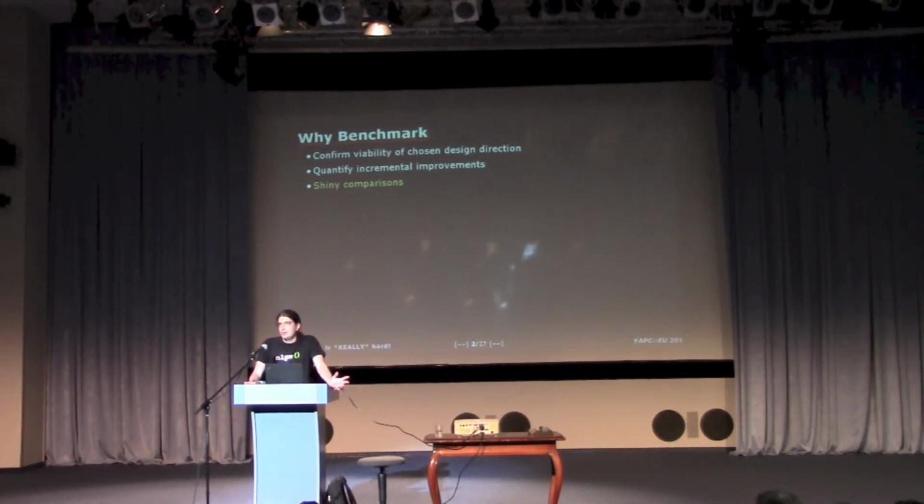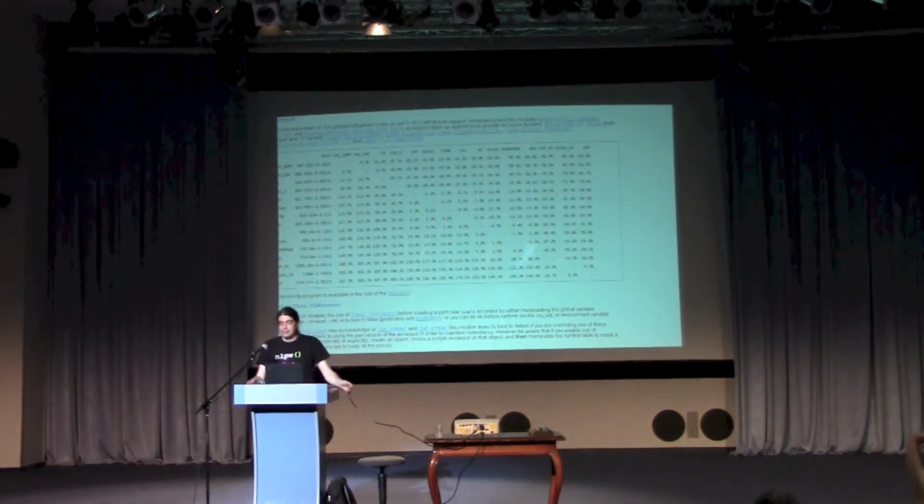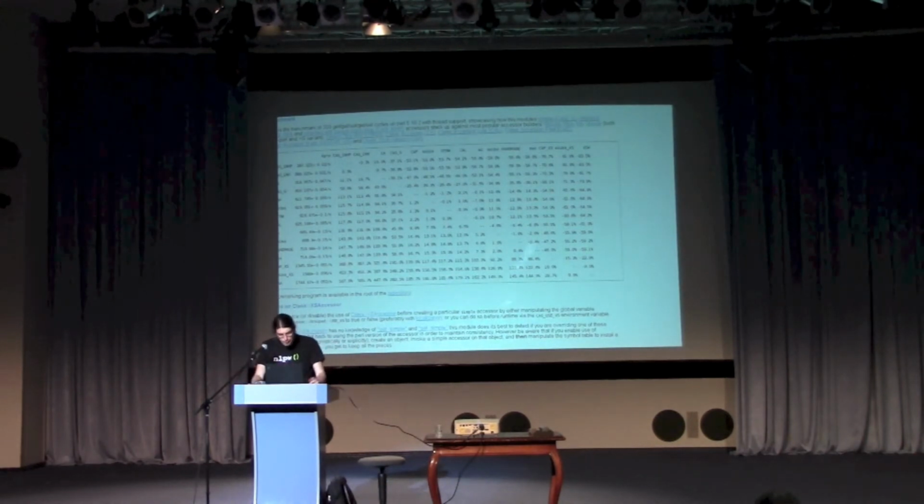In general, we often need to know if something that we are trying to write is a good idea before we write it. We want to have a proof of concept and run it through and see if it's okay. And also in a system that we already have and it's running too slow, we want to see if we change this little thing here, without rewriting everything else to suit this little change, it's going to give us an improvement. And of course, we do this kind of stuff for shiny comparisons. Like, for example, we want to know that the thing we're writing is on top of the list. Well, in this case, it's a bad idea to bet on being on top of the list, but you know, even that you want to know. So,